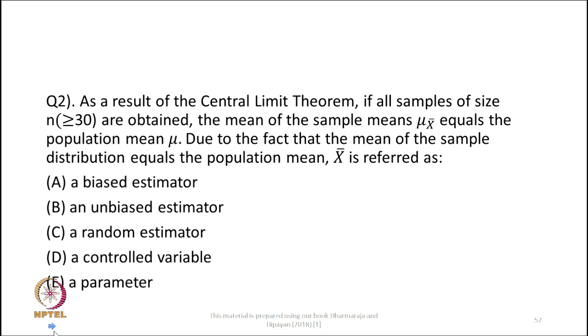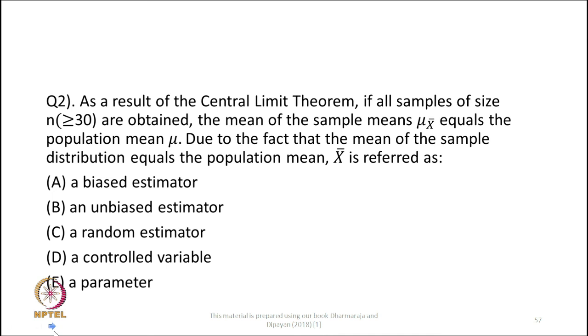We use the notation: the mean of the sample mean is the expectation of x bar. Expectation of x bar is equal to mu. Due to the fact that the mean of the sampling distribution equals the population mean, x bar is referred to as,